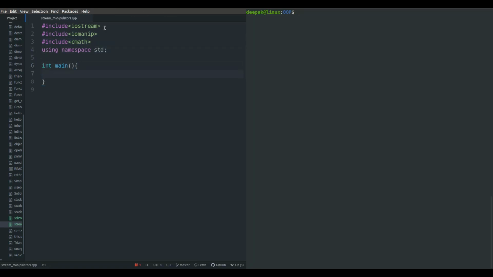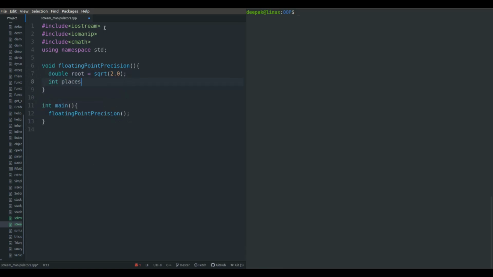As you have seen, we discussed a lot of stream manipulators. So what I will do is create multiple functions here so that I can comment them out if they are not required. The first function is floating point precision, and in it I am going to print a value which we discussed in the theoretical aspect, and that value will be printed in multiple precisions. So let's create a variable double root, and this root is actually the square root of 2.0.